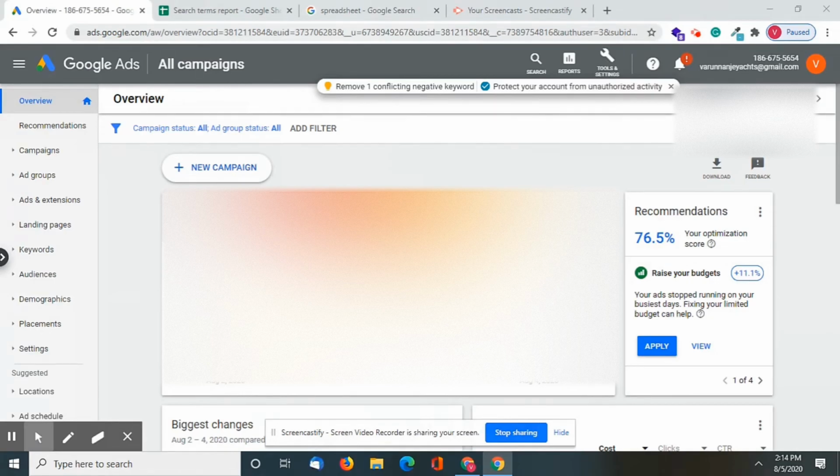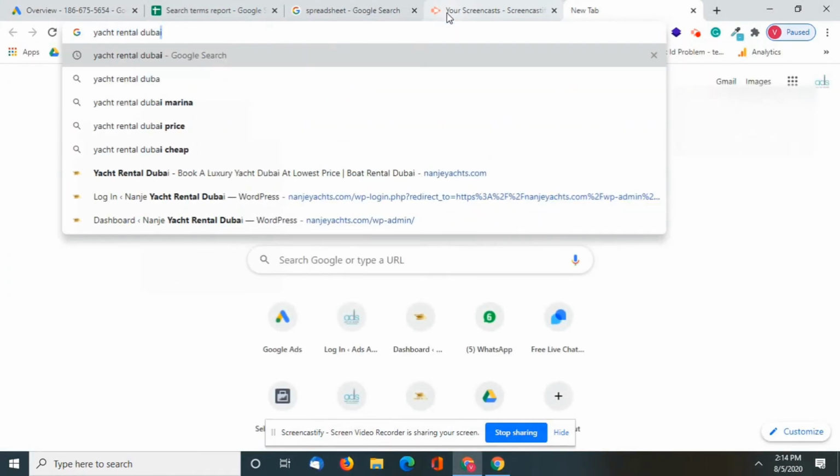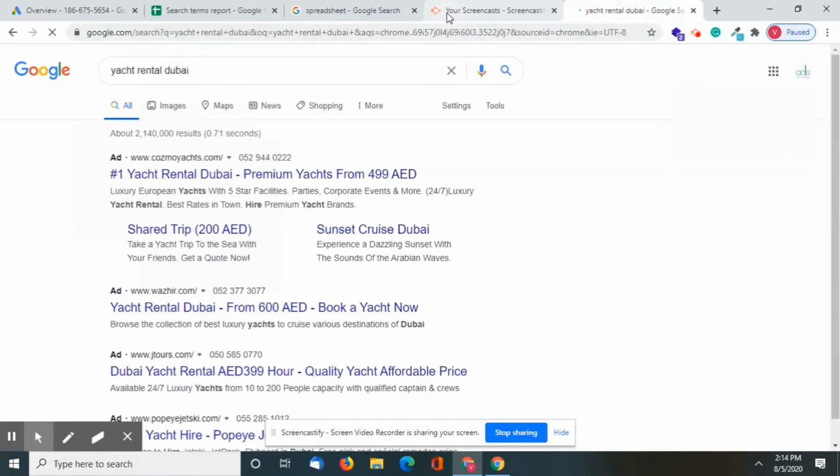We are going to do search query research, or search term analysis. Search term analysis is when you search for something like yacht rental Dubai, and you see a lot of advertisements. How do you get to know what the customer is searching for?